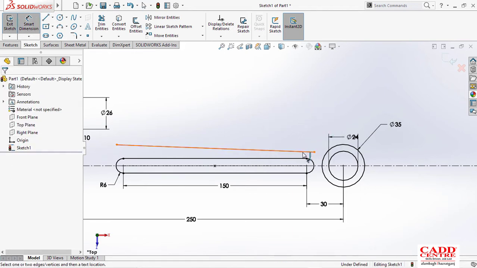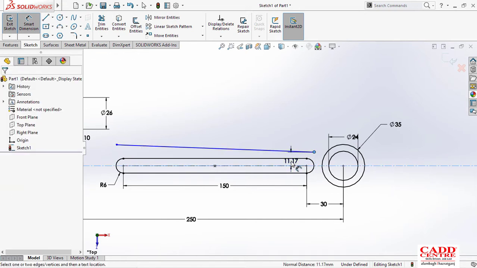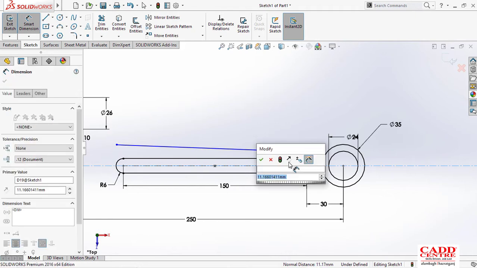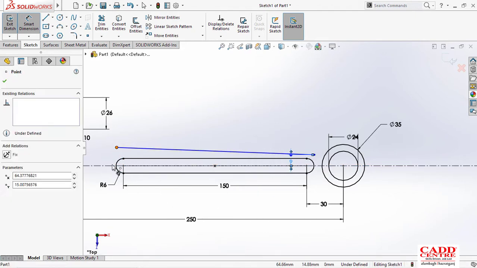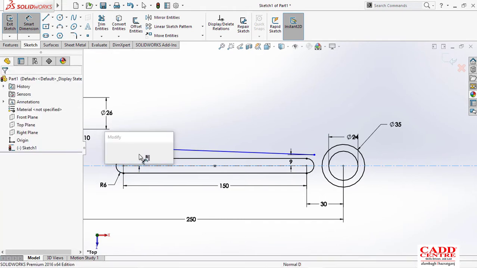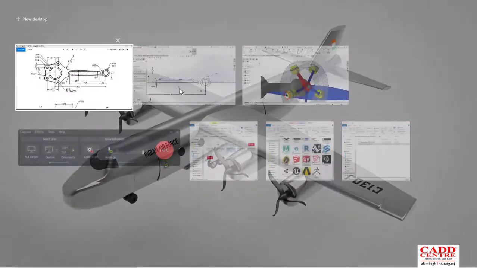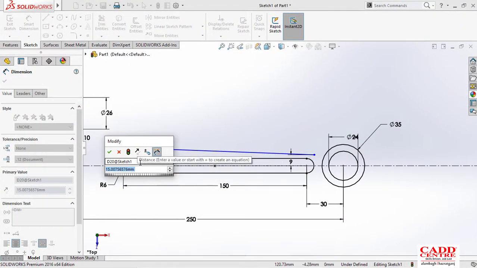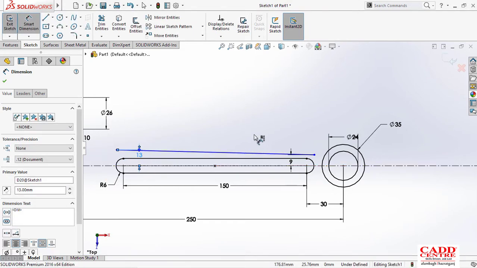So the first distance would be from this point to this point. They have given 18, so I'll just type this one as 9, and the second they have given is 26, I think. Okay, 26, so this one would be 13. So 9 and 13, this one is clear.